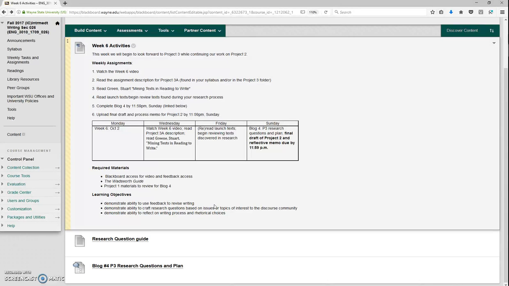Okay, so once you have your research question in mind, we can begin the research process. Now, I know you're in the middle of finishing up Project 2 and thinking about how to turn that rough draft into your final draft. But remember, I also want you to be looking for at least one, what we're going to call launch text. In other words, what is the one article or book that you found or will find this week that gets you started on your investigation of this topic?